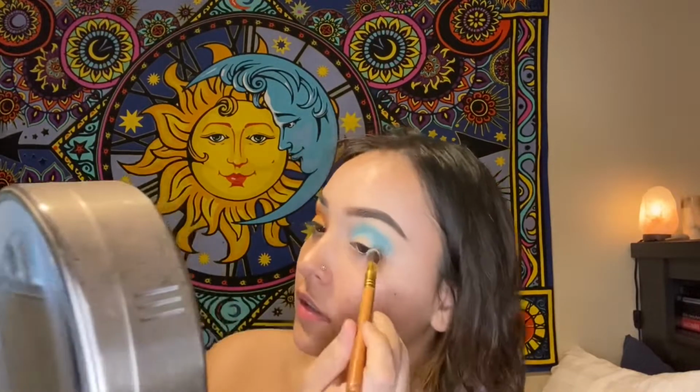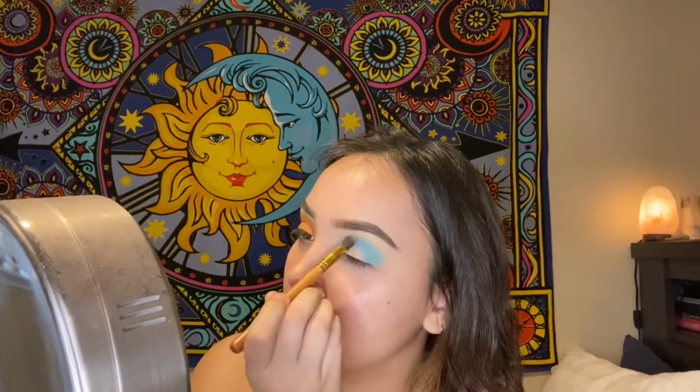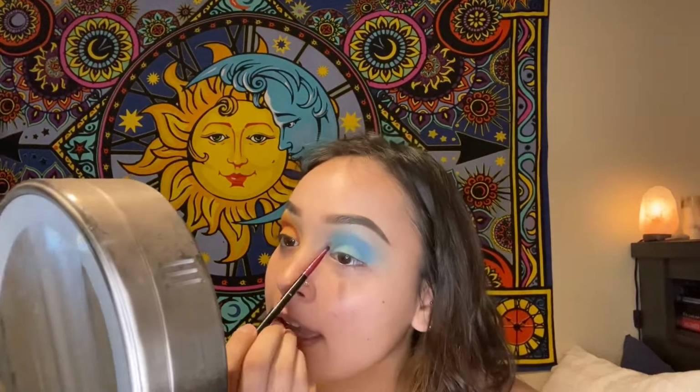This is the Huda Beauty palette. So I'm just dabbing the color on first where I want it. Now I'm just gonna go in with this darker blue and kind of do what I did here with the red, because he does have some blue going on. So just add a little